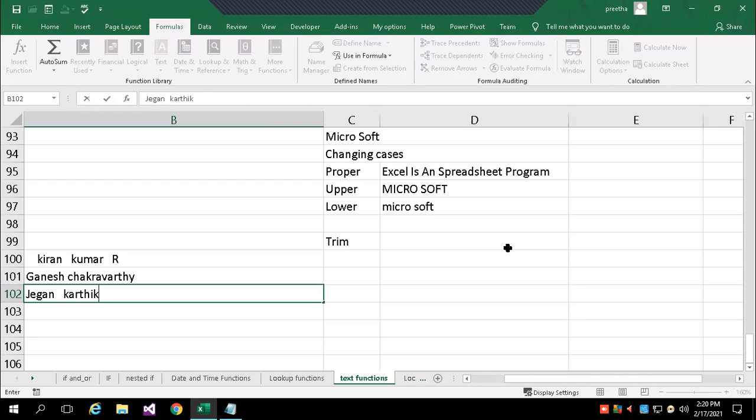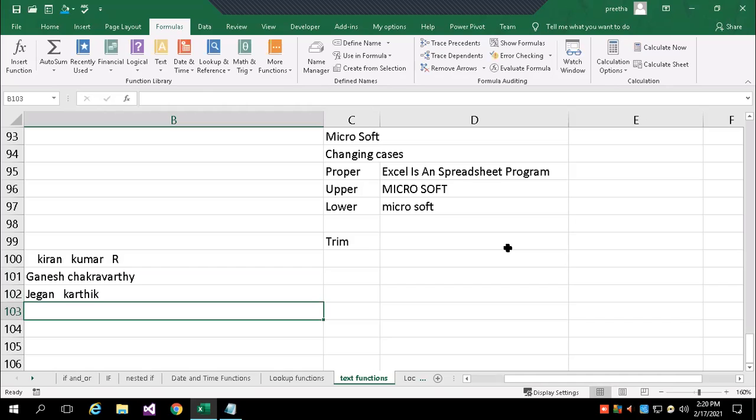In a text, unwanted spaces could be before the text, after the text, or in the middle of the text.